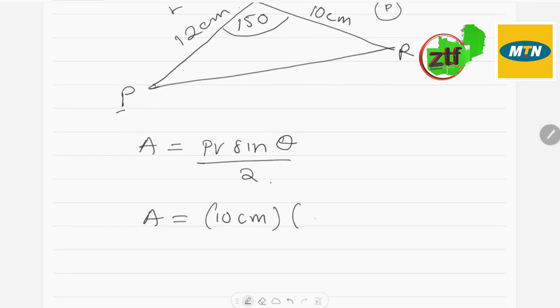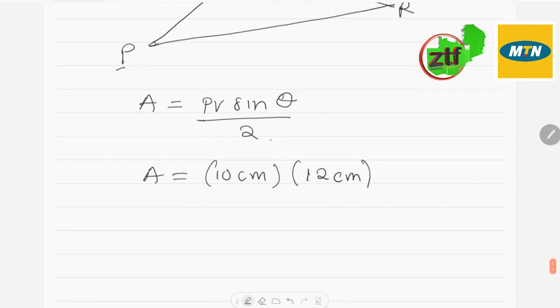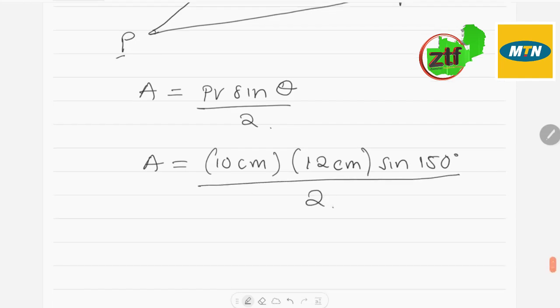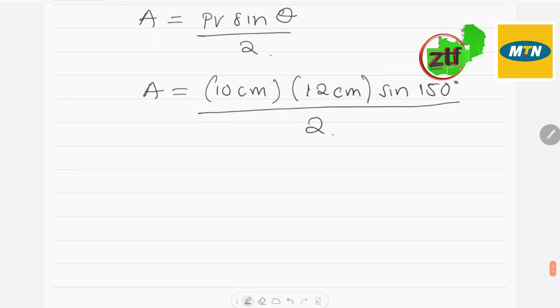Then the distance R, we'll have 12 centimeters, multiplied by sine 150 degrees. Then we divide everything by 2. So when you multiply 10 by 12, you get 120 square centimeters. Then we are multiplying this by sine